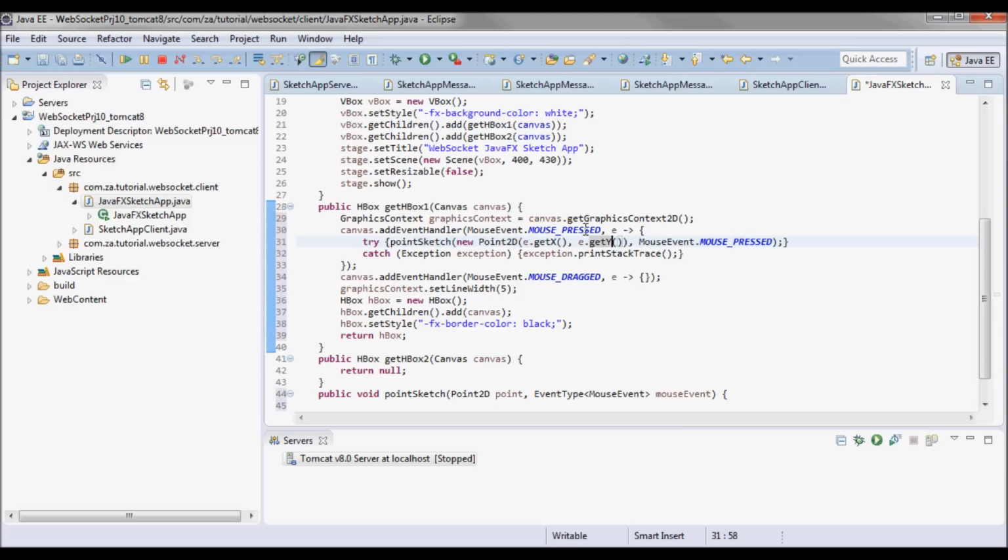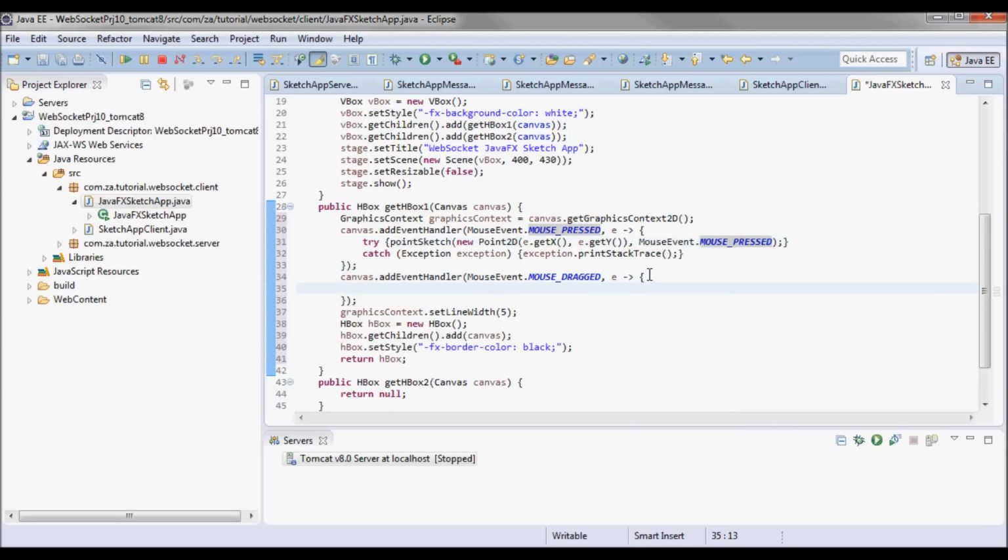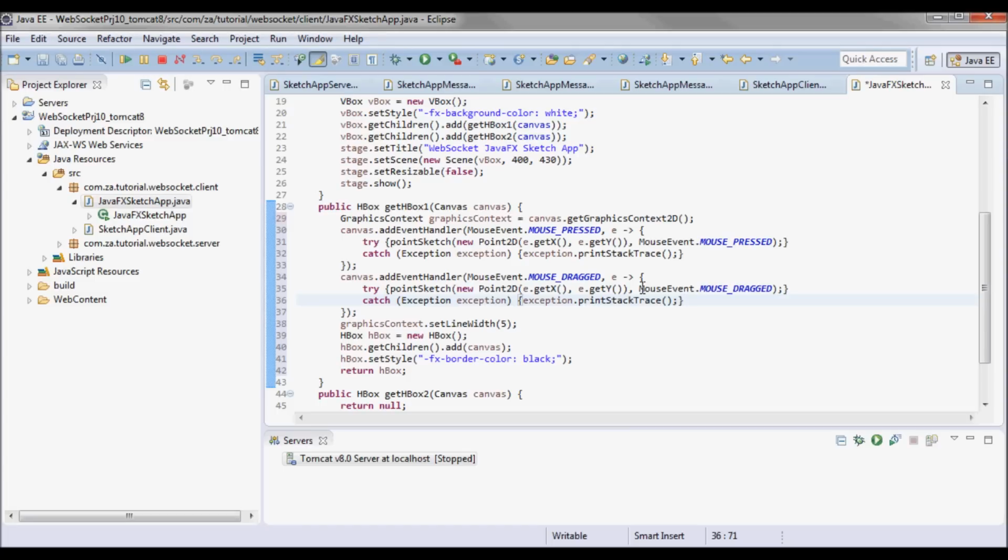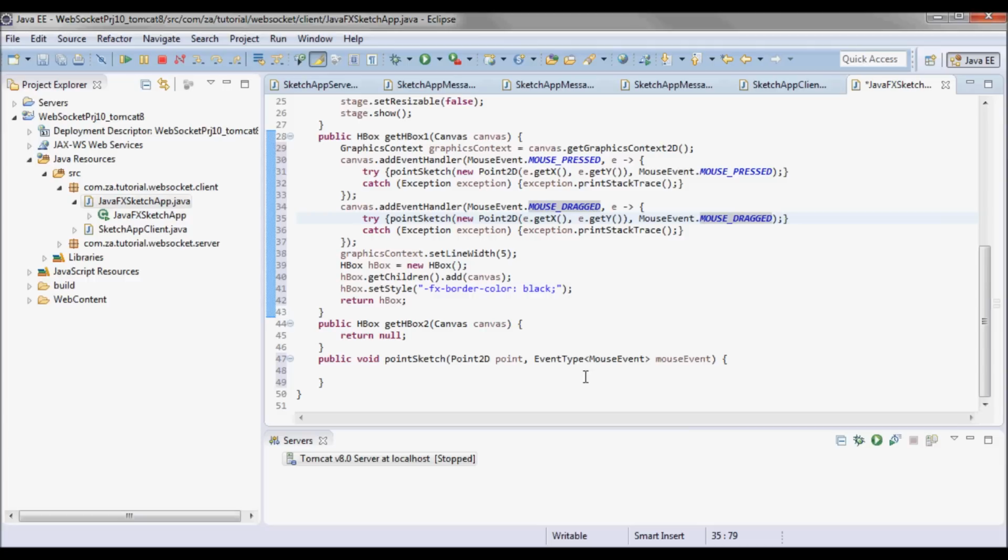And so we have mouse pressed, so I'll pass it MouseEvent.MOUSE_PRESSED. And I'll do the same thing for the mouse dragged, except for the event type I'll pass it MouseEvent.MOUSE_DRAGGED.